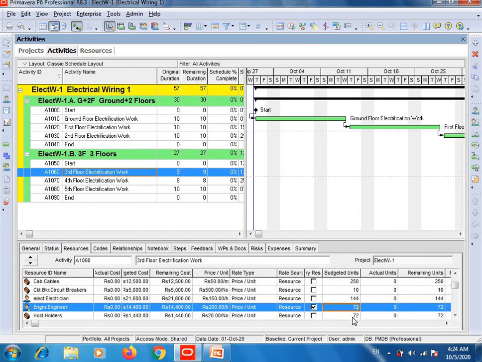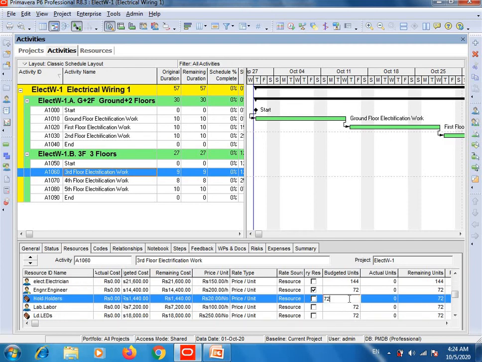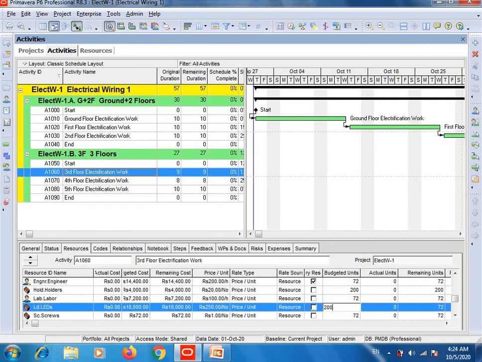Engineer, 1 engineer is enough. Holders, for example 200 holders will be required. And then labor, 1 labor is enough. LEDs 200, enter. Screws, for example 300 screws will be required. Sockets, 150 sockets are enough. I'm assuming this is not an actual project, I'm just doing this for your understanding.